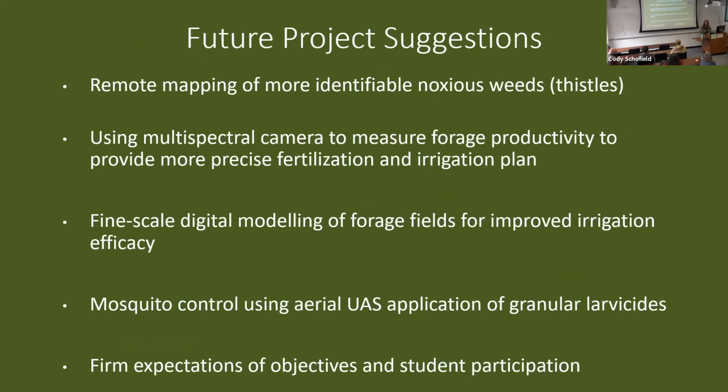We were going for a pretty tough target. Whitetop's pretty inconspicuous. I think focusing in on more identifiable noxious weeds that are just larger, have a more colorful bloom, and maybe have a longer blooming window than Whitetop, like thistles, would be a good option. The only problem with that, although the 9H is not currently certifying any of their forage as being weed free, is if they wanted to,